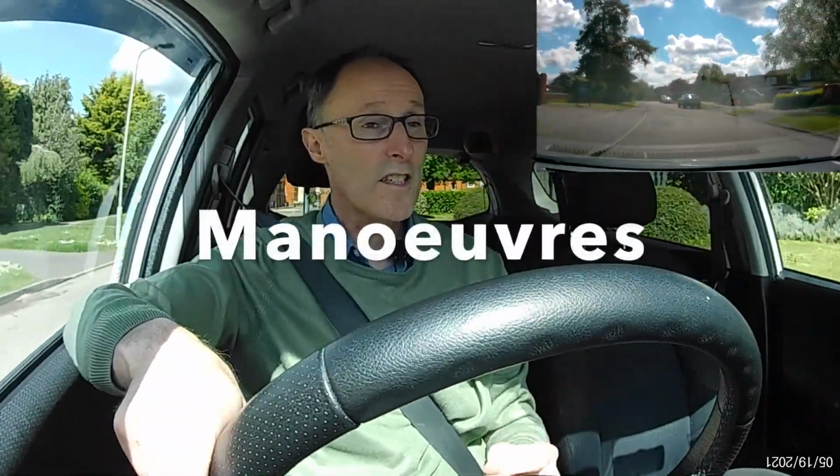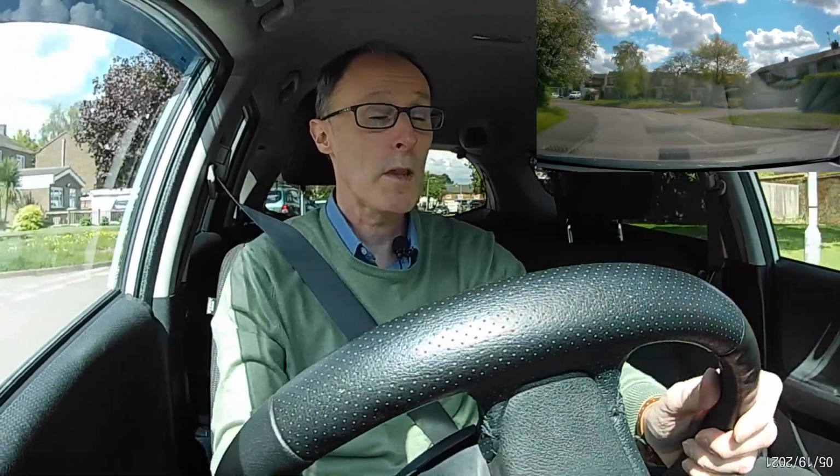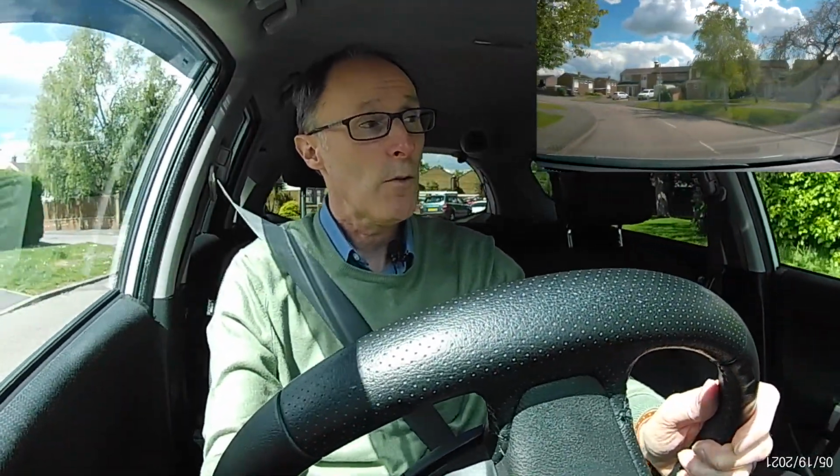On the driving test you're going to get a manoeuvre. You're going to get at least one manoeuvre, so we'll start off with the simplest manoeuvre, so we'll just cover one of them, which is going to be the park on the right. And they'll say to you, I want to find a nice safe spot on the right to park the car, please. So I'm looking at the road,